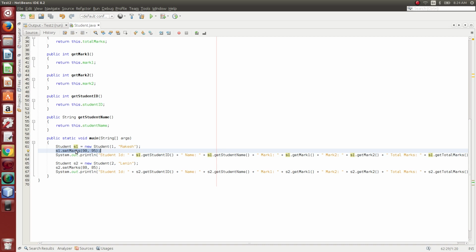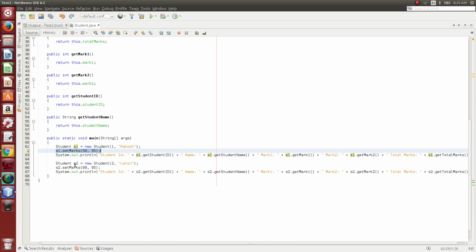So I have assigned the marks. This statement will execute all the s1 getters. It will get the student ID and display it, s1's student name it will get and display, the marks, total, etc. Then I have created the second object s2 underneath. Here s1 and s2 are very independent. They are not dependent at all. s1 does its job independently, s2 does its job independently.